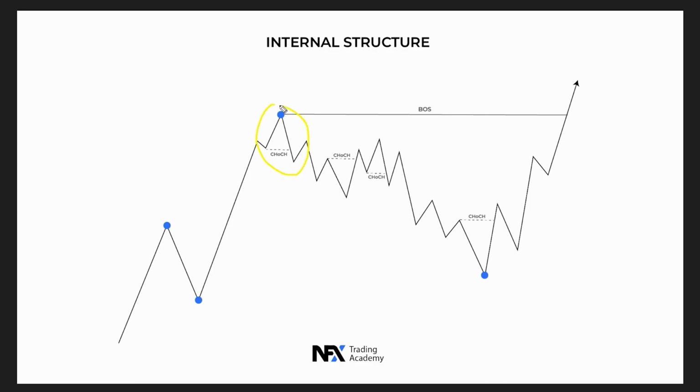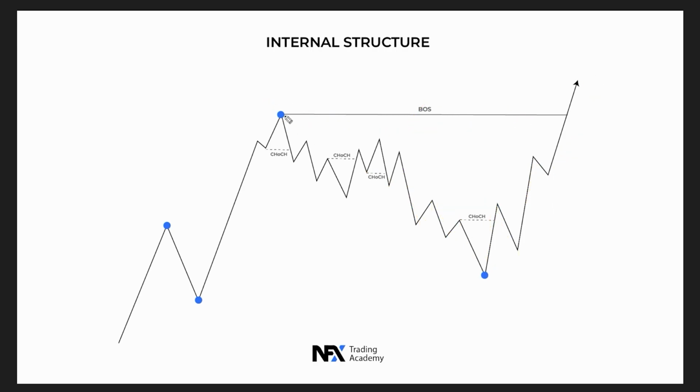So we can see here drawn, you have a change of character to the downside, you have a small downtrend, then price creates a new change of character to the upside. This fakes you out that price wants to start moving higher, then creates a new bearish change of character and then starts pulling down, and then it finally creates the low in the market, and then you have a bigger change of character, a retest, and price begins the next run to the high to create that break of structure.